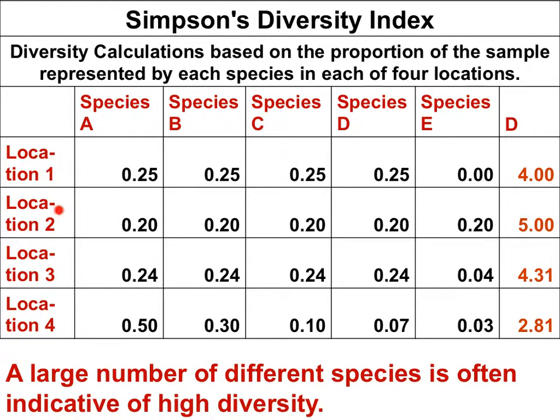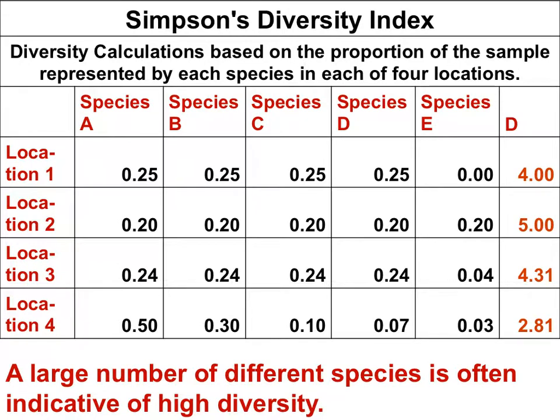We have 4 communities with the potential of 5 species. Location 1 has only 4 species equally represented. 1 divided by 0.25 squared plus 0.25 squared plus 0.25 squared plus 0.25 squared gives us a diversity index of 4. Practice the calculation using the formula on the previous slide, percent data, and work at it until you get 4. But the second location has 5 species, so you would expect its diversity index to be higher,